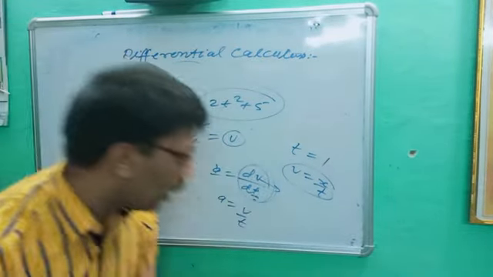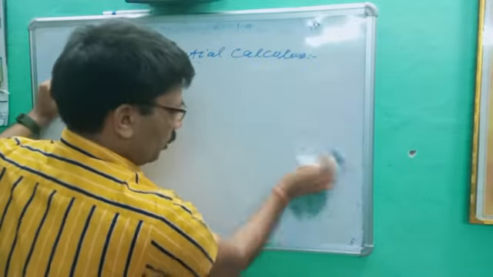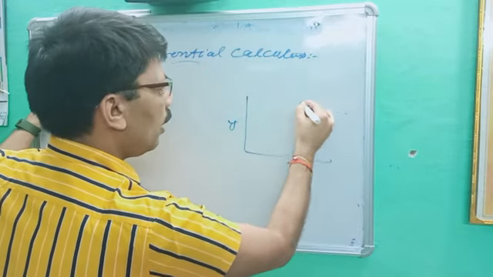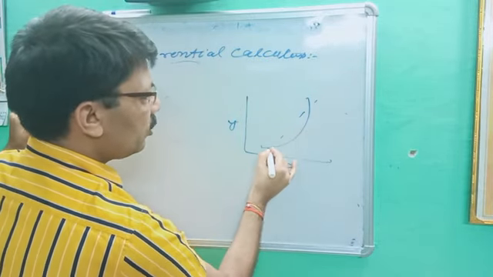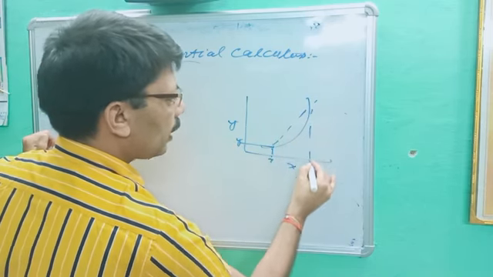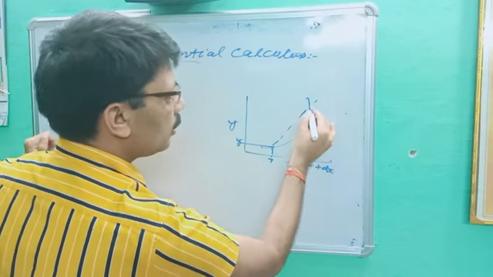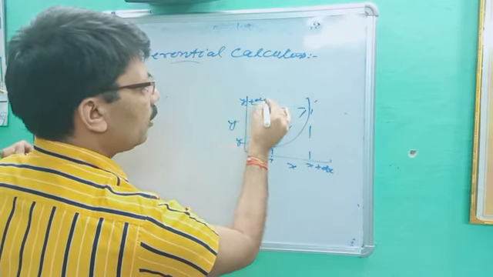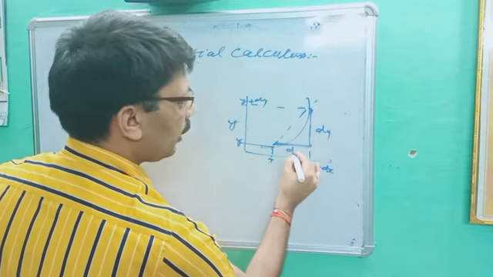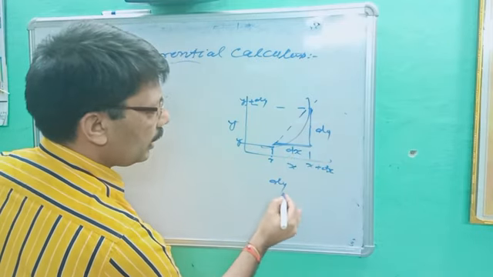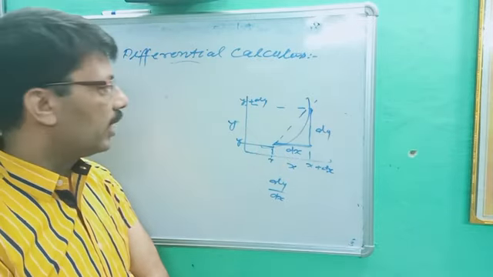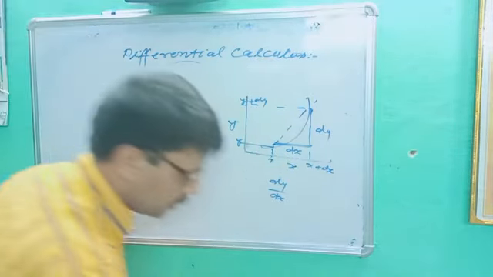Okay. In graphical representation, let's suppose this is x and this is y, and the graph is like this. If you see there, this point is x, this point is y. If this point becomes x plus dx, this point becomes y plus dy. So what is the slope? You better know what slope is. It becomes dy upon dx, the rate of change in y with respect to x. Are you getting that? So this is the graphical meaning of differential calculus.